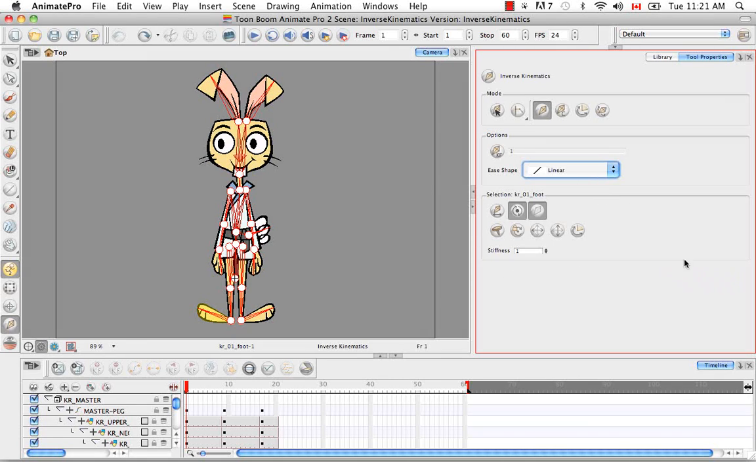So the next set of buttons we have are the selection. The first one being the enable translation if top of hierarchy button. And you usually use this on the bone that represents the master peg. So I don't know if you can see it. Let me zoom in here